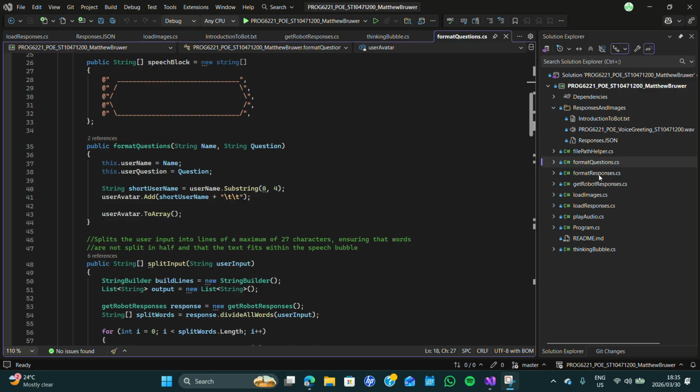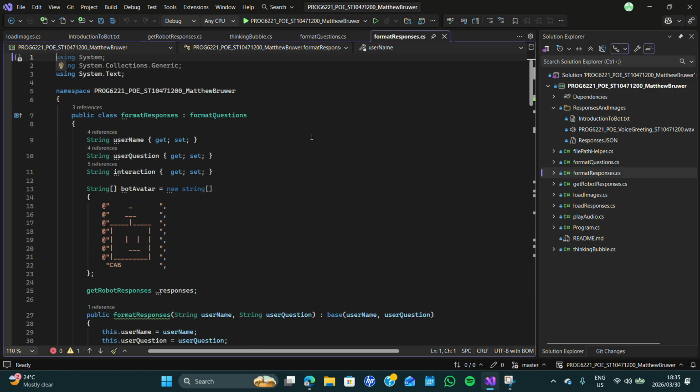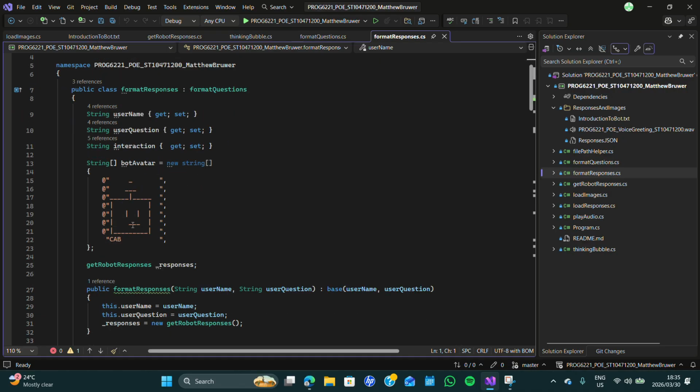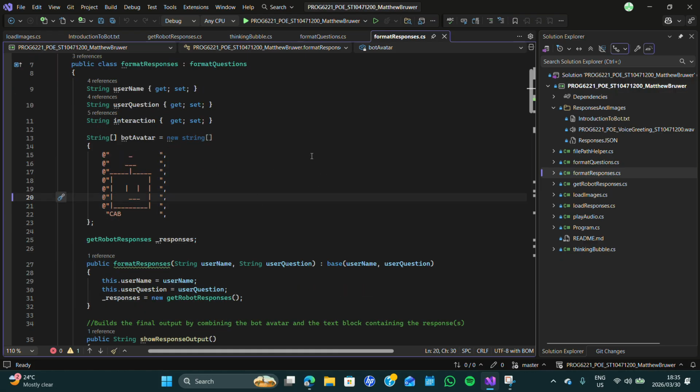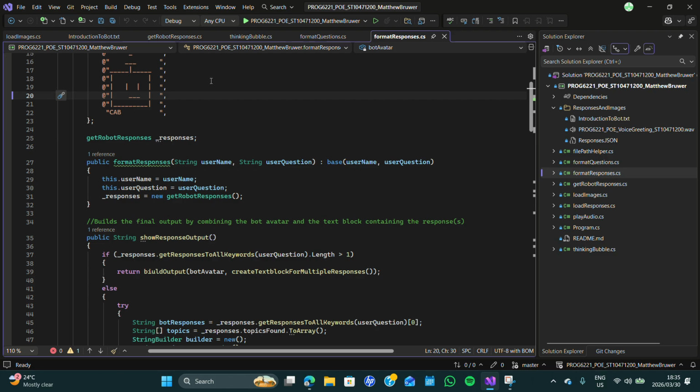Okay, and finally we have the format responses class, which does inherit from format questions because it does mostly the same thing. It puts the bot's avatar instead of the user's avatar next to the reply speech bubble or response block.